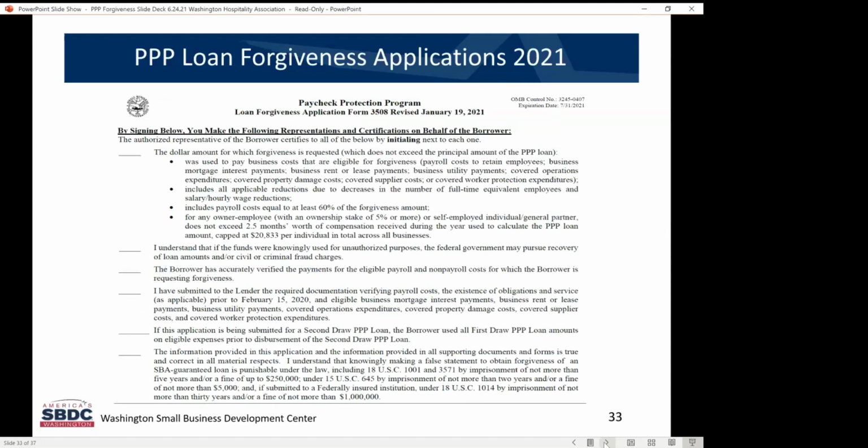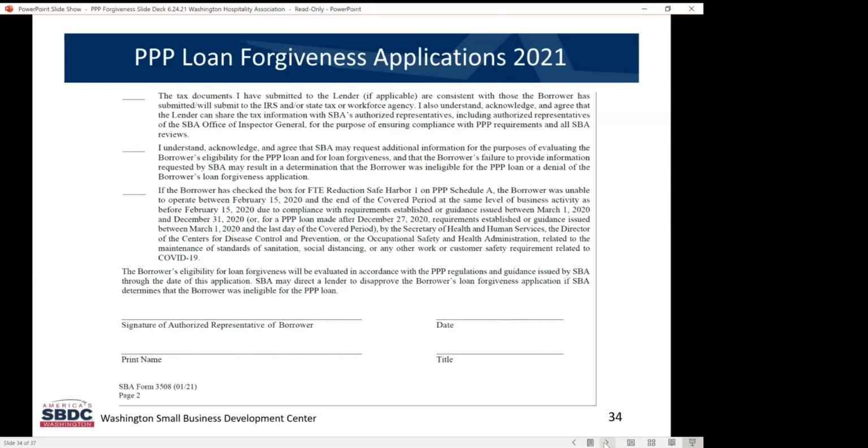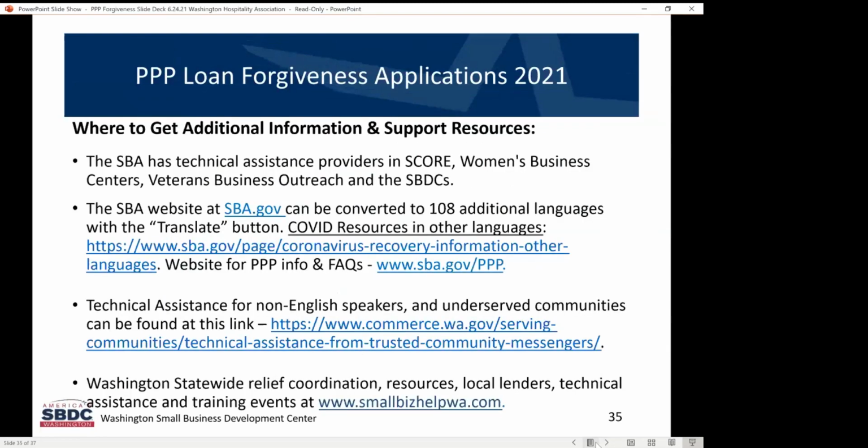So now these are the pages that have the representations of certifications. Again, you have to initial each one of these as being true and correct. Next slide, please. And this is just the bottom of page 2. And again, you're initialing there, you're signing, printing your name, and putting the title of the authorized representative and the date you're submitting the form. Again, this may all be electronic depending on your